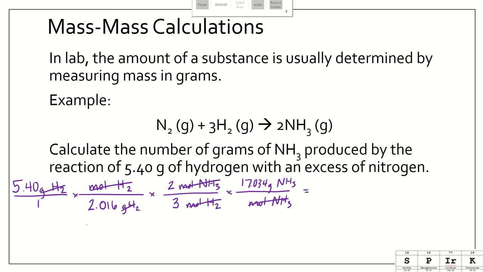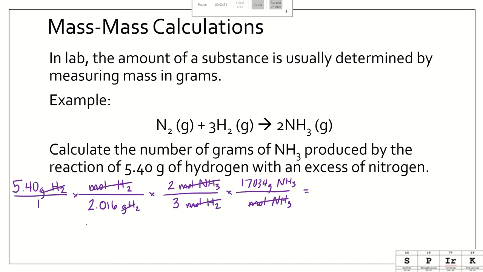And now all we do is multiply across the top, multiply across the bottom, and divide the two. So 5.4 times 2 times 17.034 divided by 2.016 times 3. And that gives me an answer of